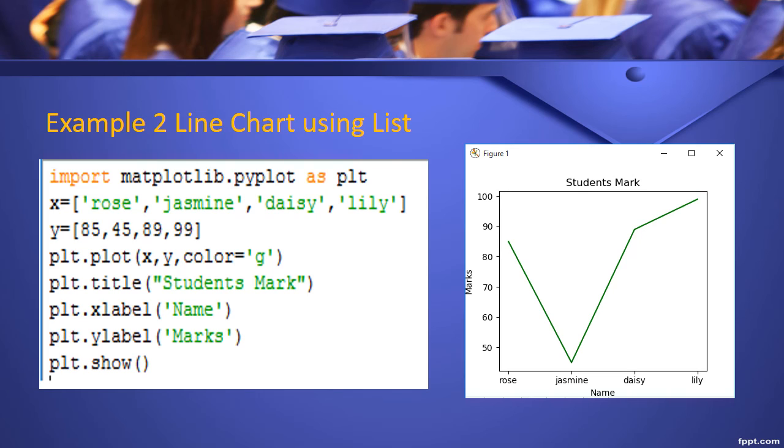And then here, what is the difference between the previous one and the present one? See, just the x-axis values I have given in string format. So here the default values 0, 1, and so on are taken for the x-axis. The remaining things are the same as the previous one.